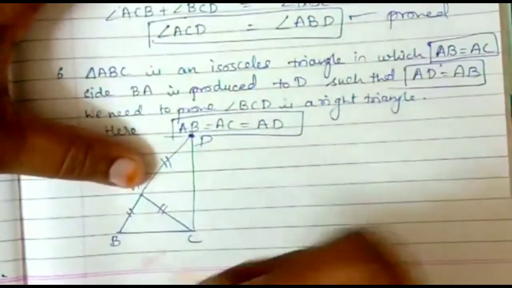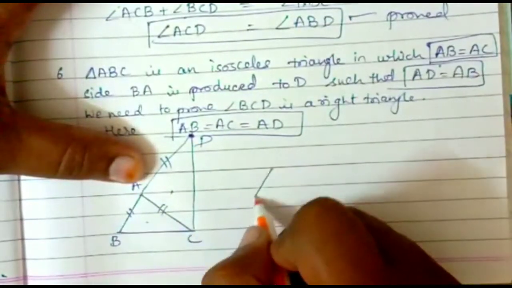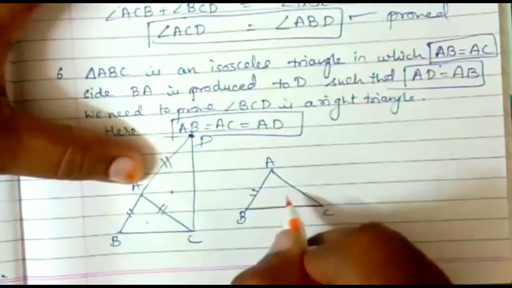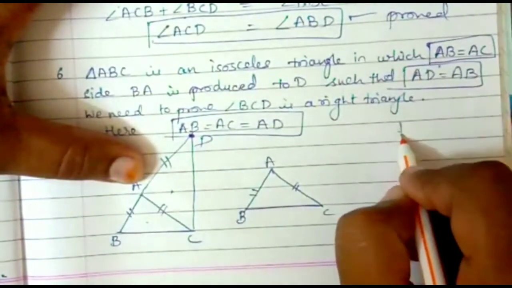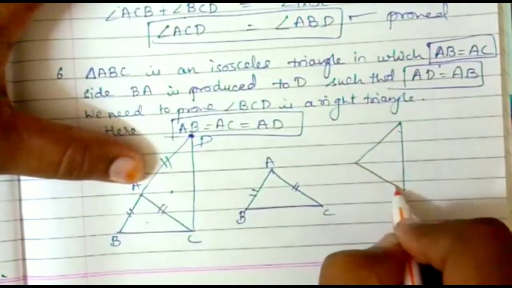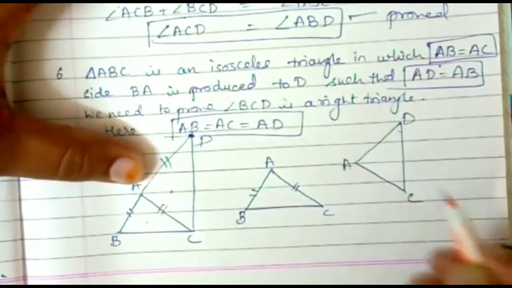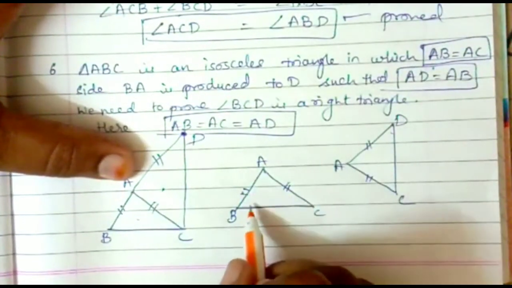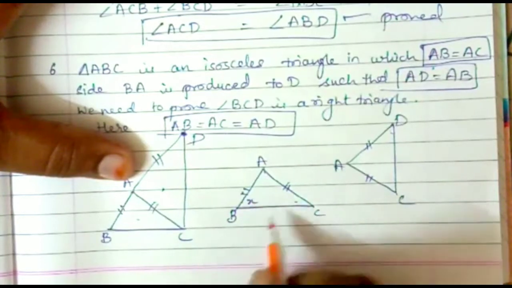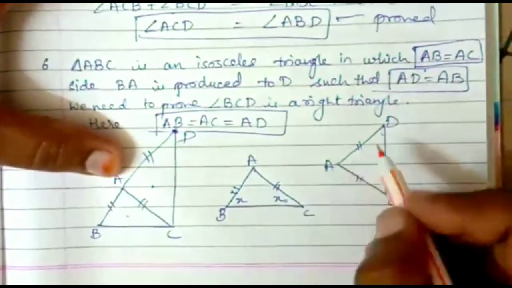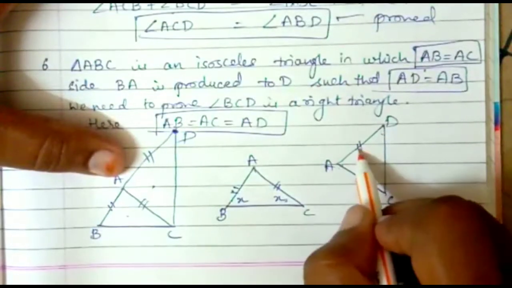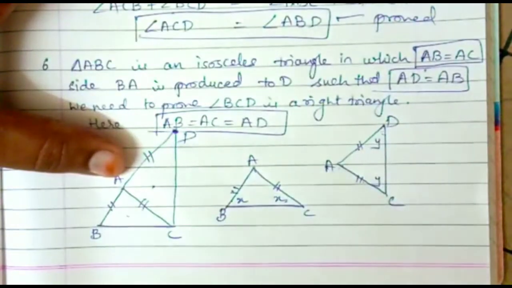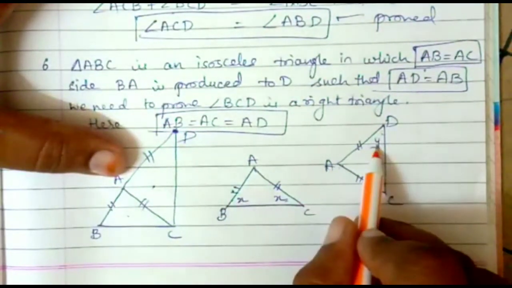So what we need, we can compare these two triangles. Let me draw it again. So you have first of all triangle ABC, in which you have AB and AC equal. Similarly, you have a second triangle DAC, in which AC and AD are equal. Now if AB and AC are equal, so the opposite angles B and C will be equal. Let me suppose B to be X, so C also will be X. Similarly, for the second triangle, as AC and AD are equal, so the opposite angles will also be same, and let me take it to be Y. So these angles I have marked.